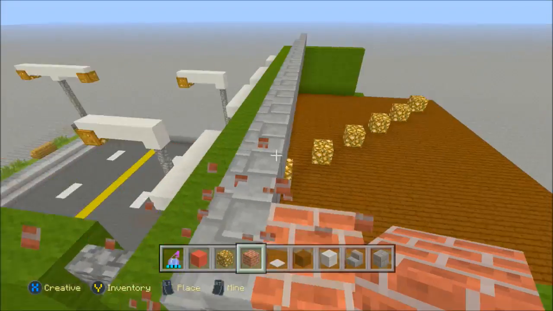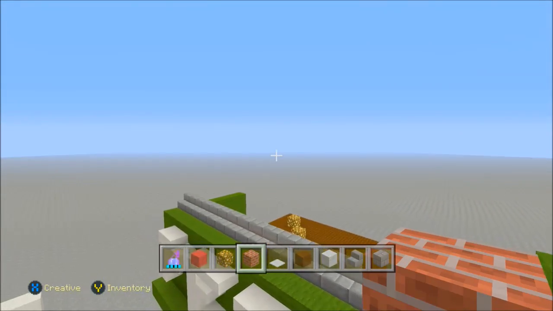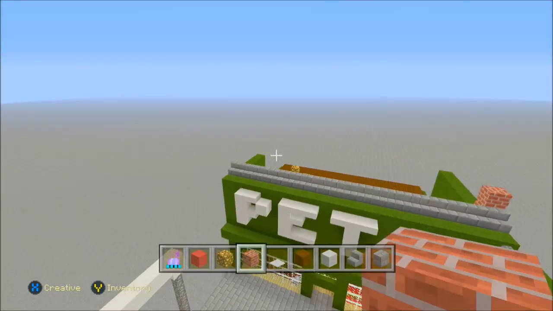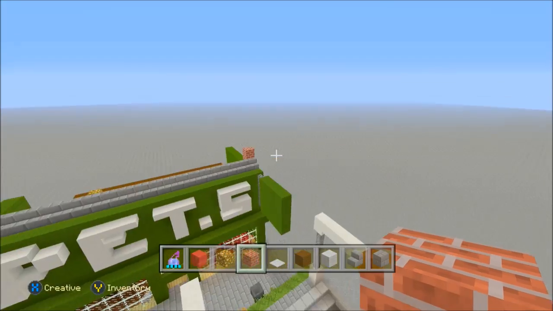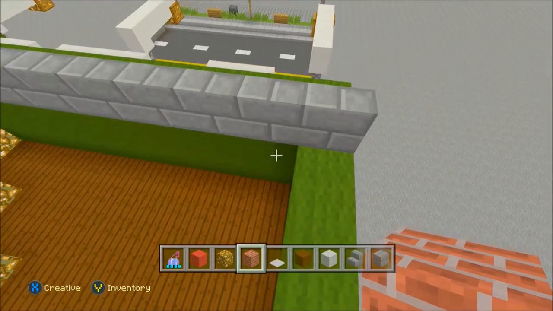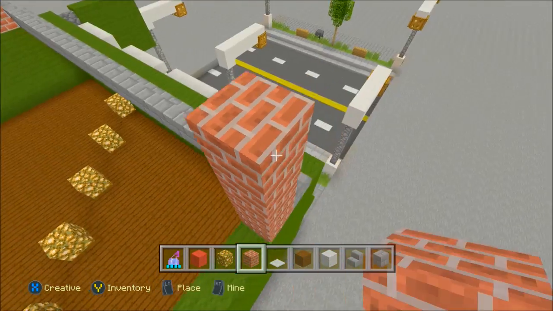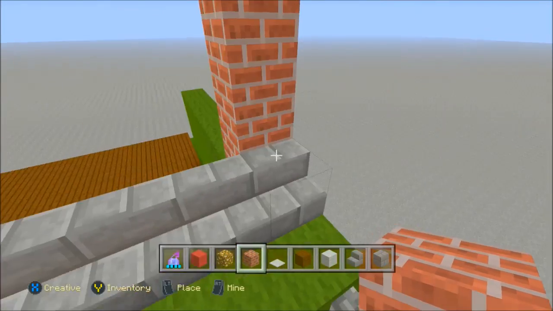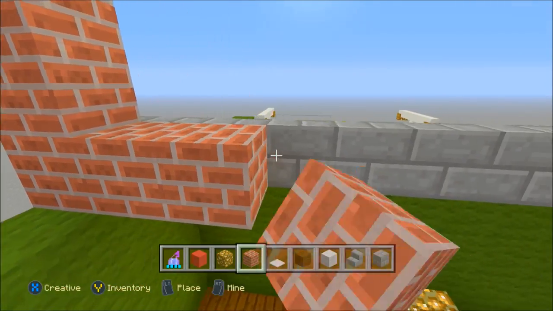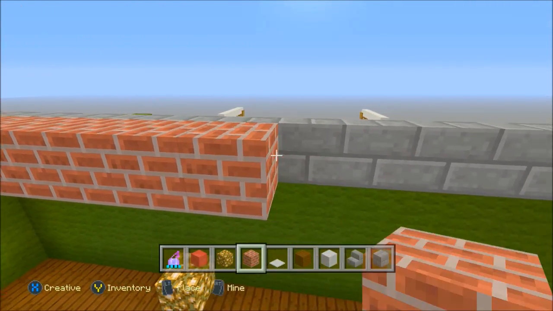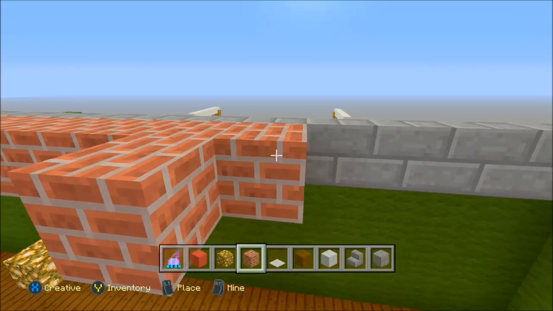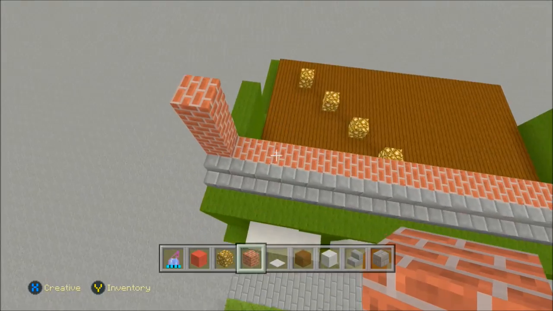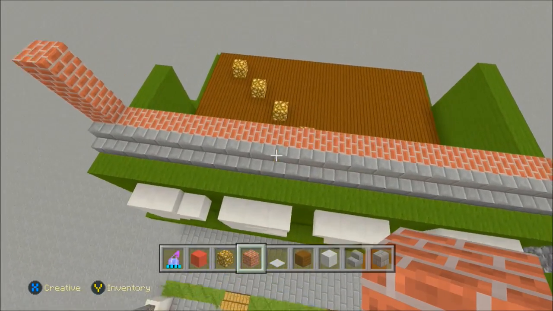What we need to actually do is we need to basically split this evenly so that we can add windows on either side. So we're going to go to here, we're just going to place 4 blocks, and then we're going to do the same on this side. So we've already placed 2, 3, 4, and then we're just going to count across. 1, 2, 3, 4, 5, 6, 7, 8, 9, 10, 11, 12, 13, 14, 15, 16, 17, 18. So we've got 18 blocks, so pretty sure that can be divided by 3.